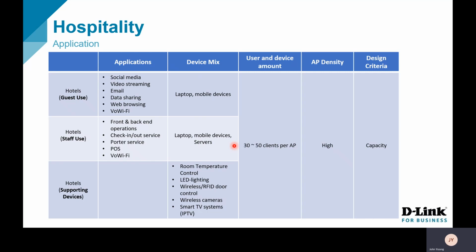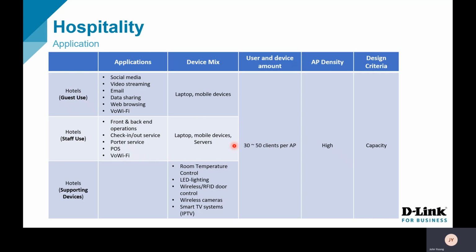Just take note for hotel rooms, on one floor there are a lot of rooms together. If you want to place one AP to cover the whole area, it's impossible. So the AP density will be very, very high. You need to put a lot of APs to handle the capacity for each floor of the hotel. Not just that, remember for the wireless, we can also provide support for devices like your room temperature